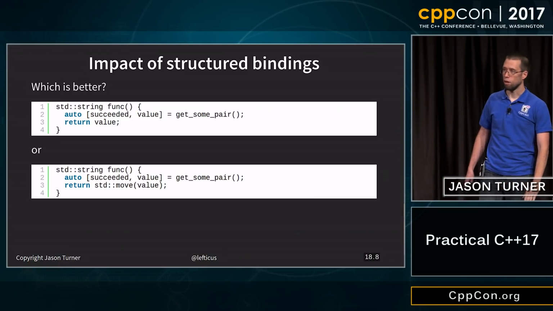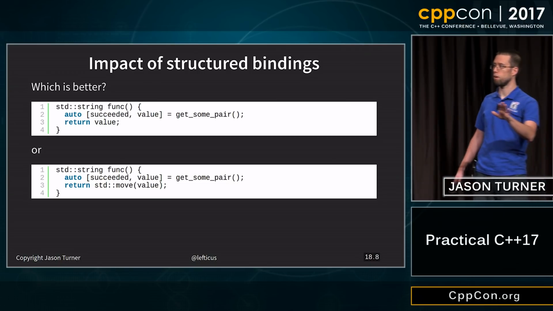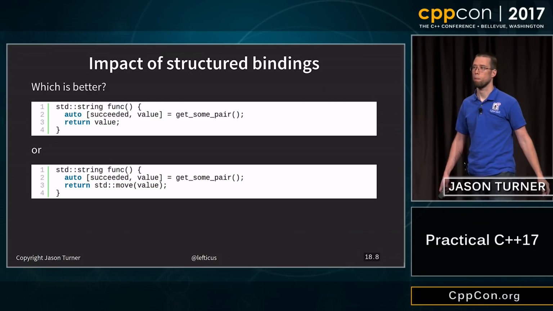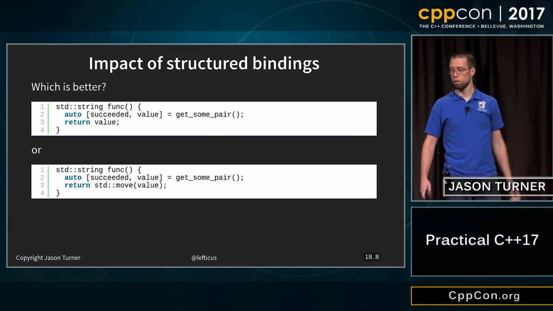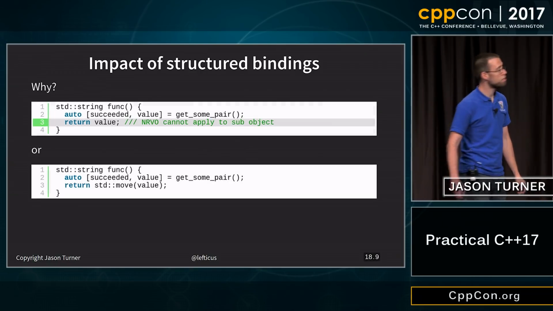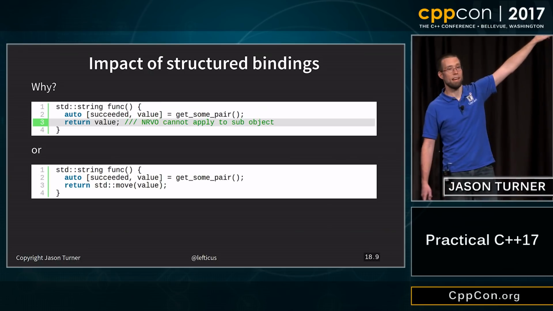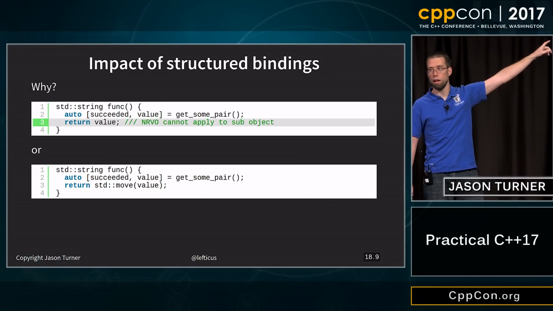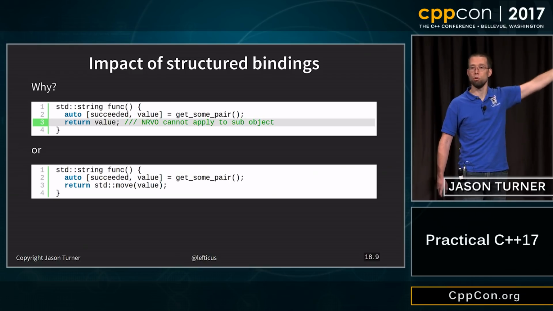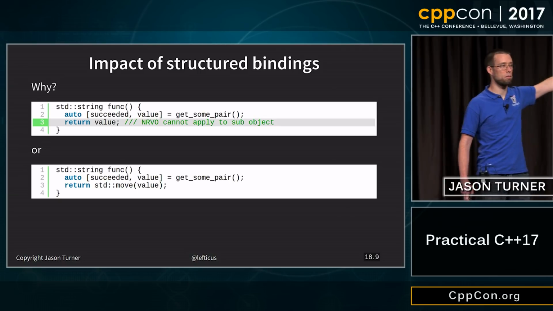Almost, OK, lots of people think the first one is better. All right, who thinks the second one's better? OK. We still have exactly the same problem. Return value optimization cannot apply to a subobject. That value is still a subobject of the thing that was returned from the function. In this case, move is better, because it is not what you're expecting.